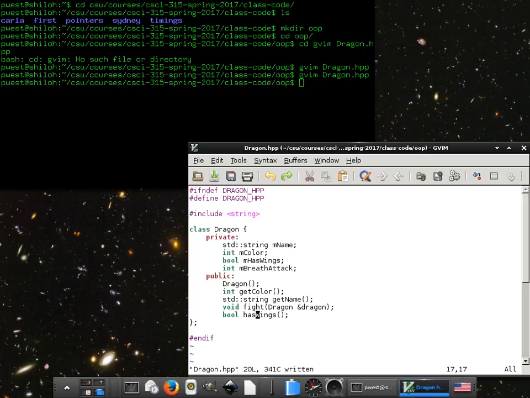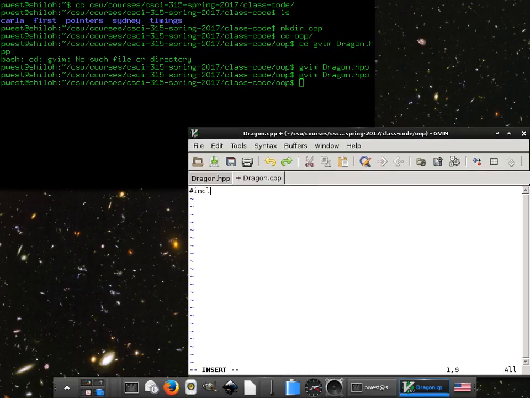Wait, what? Don't write stuff. What are we not writing? Everything's in the header. Well, we have a header, but have I written any code yet? No. In Java you put your code directly in the class. In C++ you can do that. It allows you to, but please don't. Works for us. So tab, new dragon.cpp, will include